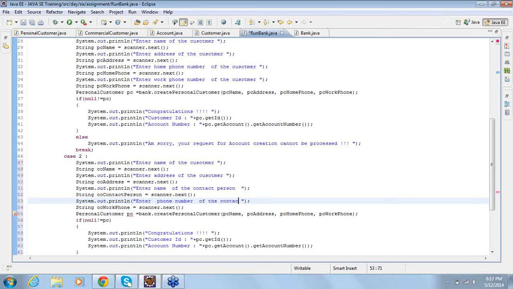Enter phone number of the contact person. Then I'm going to create an object.